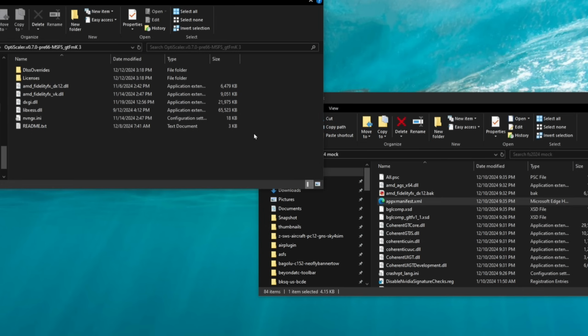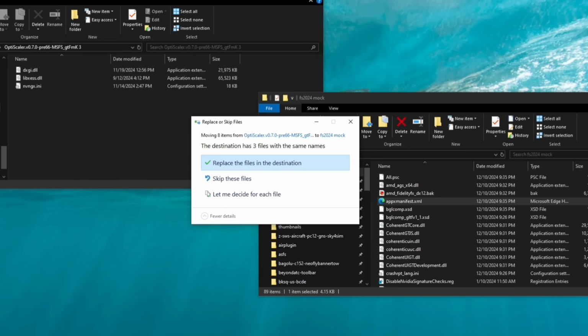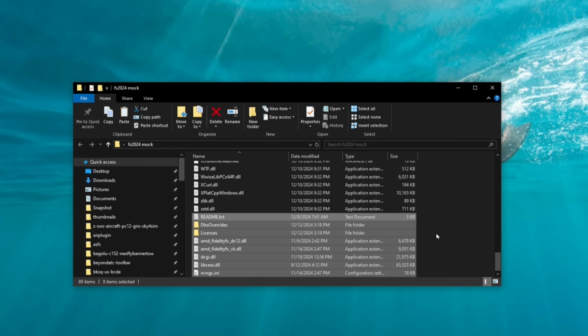Now that we have done that, you can copy everything here, and then we're going to drag and drop it right into your main folder. For your transfer of documents, you should not have this populate. This is only popping up because I've already installed a lot of these files. So I'm just going to hit replace. Okay, so now that we have all of those files transferred,